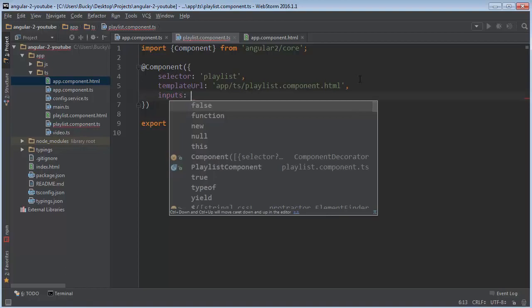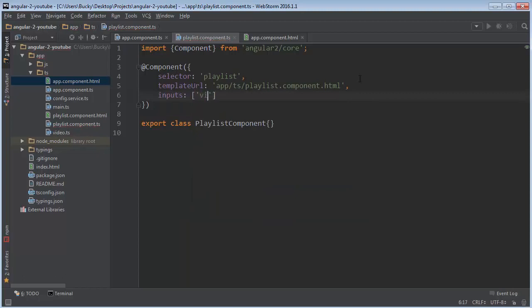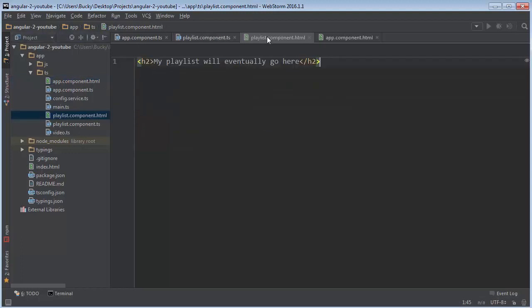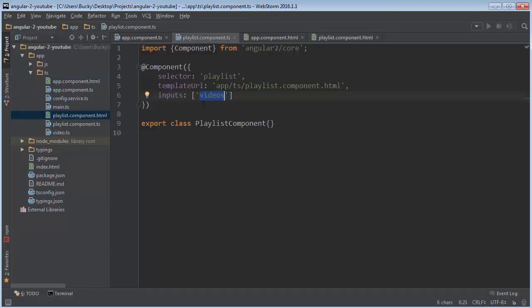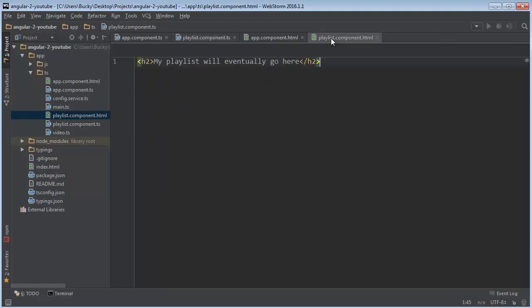So inputs are just a way of saying, hey, we're going to have some info coming in. Well, what are you going to have? Just a new attribute named videos. So now in your playlist component.html, you can just use this videos array just like you would using a regular